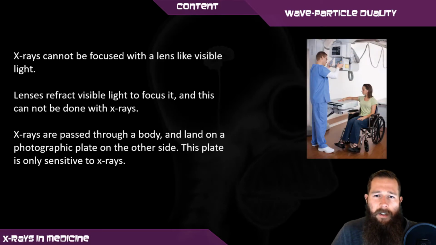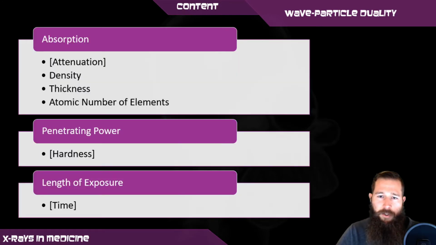non-destructively. X-rays cannot be focused with a lens as used in visible light, and because of their penetrating power, special safety precautions have to be taken when using X-rays. The image produced on the photographic plate due to X-rays depends on a number of factors. This includes the absorption of the X-rays by the material, the penetrating power of the X-rays, and the length of